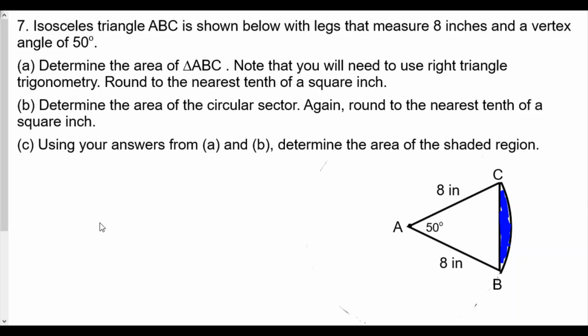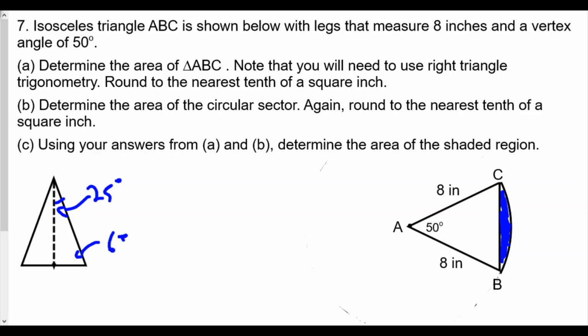So first for A, consider we have this isosceles triangle here. Let's draw a little isosceles triangle. We're going to drop an altitude going down from here. This altitude drawn from the vertex angle of the isosceles triangle is going to bisect the angle. So if the vertex angle is 50, then this angle here is going to be 25 degrees. And that being the case, we know that this angle here would have to be